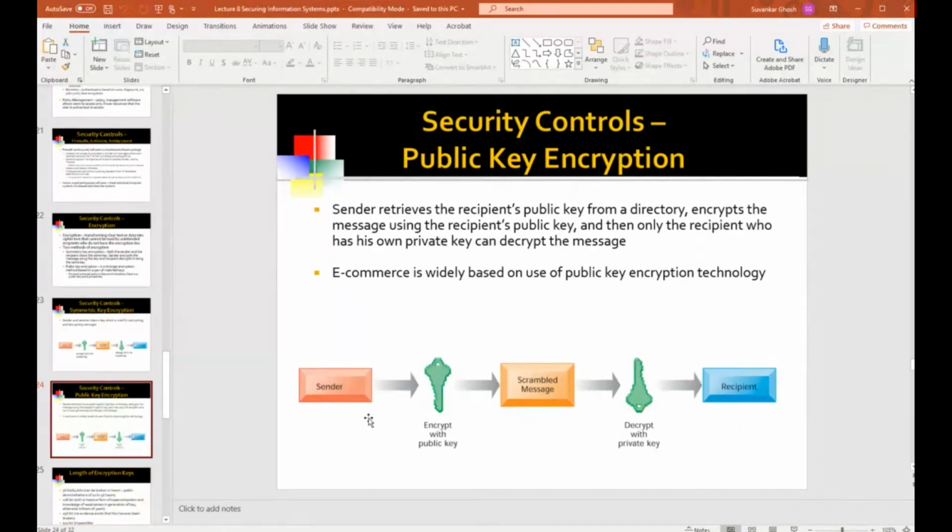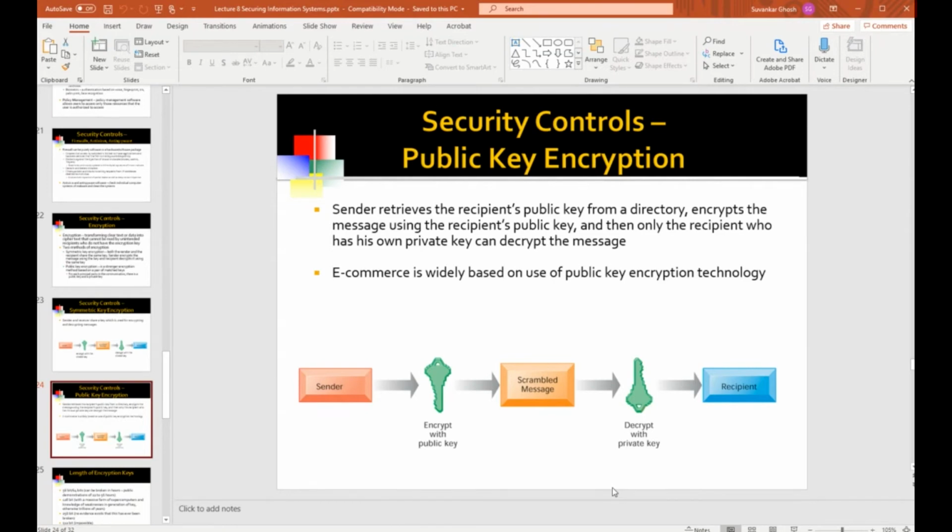Now, the private key is something I have, so only I can decrypt a message that has been encrypted using my public key. Anybody can pick up my public key from the public database, and then any file, any message they want to send to me, they will encrypt using my public key. And when it reaches me, I'm going to decrypt using my private key, which I hold securely. So that's how the encryption is done.